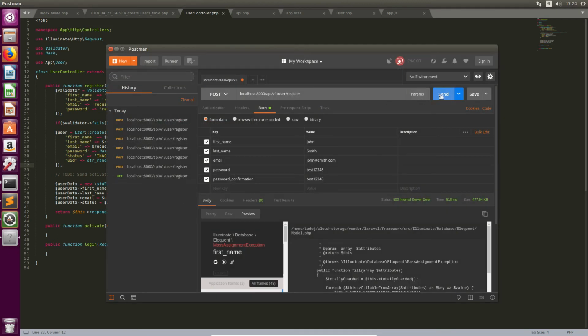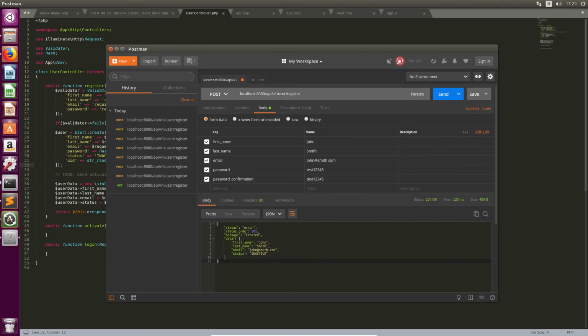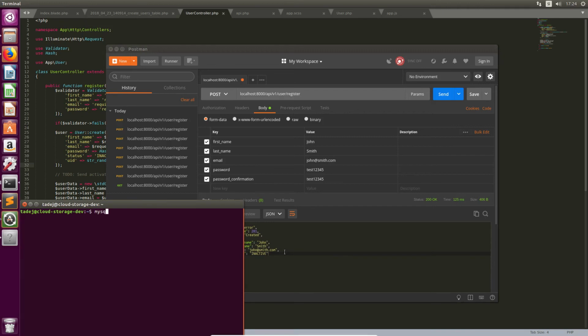Let's go back to Postman, send it, and now we get a 201 created response, which is exactly what we're looking for. And under data, you can see we got the first name, last name, email, and status, which is inactive for now. And if we connect to our database,